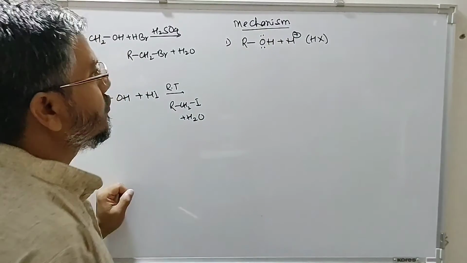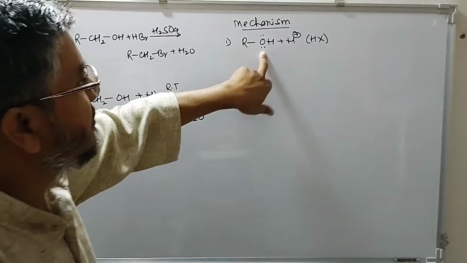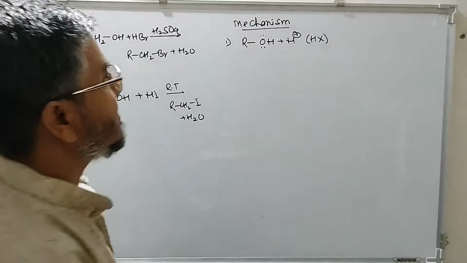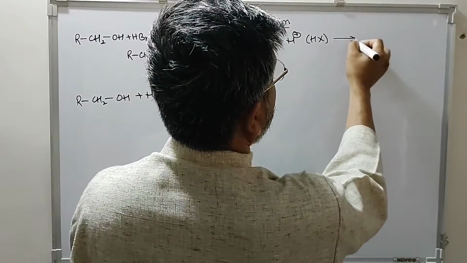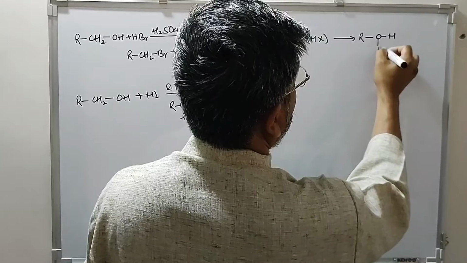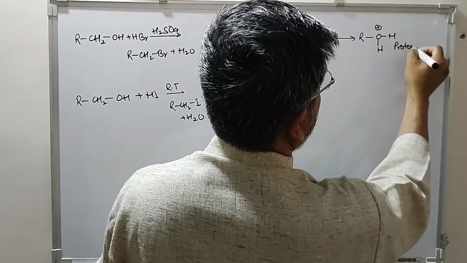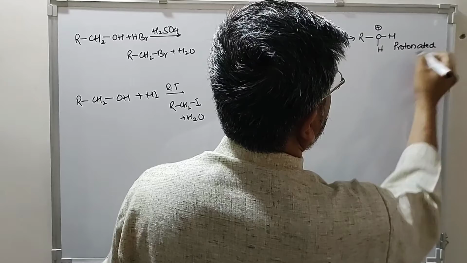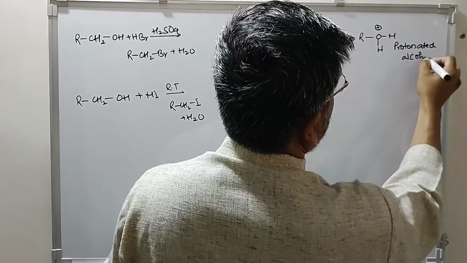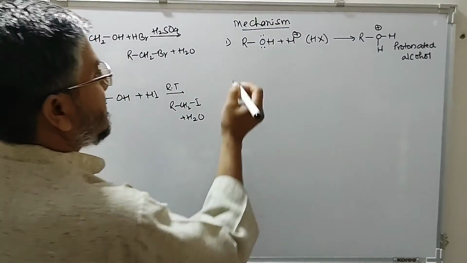Oxygen has 2 lone pairs of electrons, so this oxygen is a basic site. Acid reacts with base to give you protonated alcohol. The first step is an acid-base reaction. In the second step,